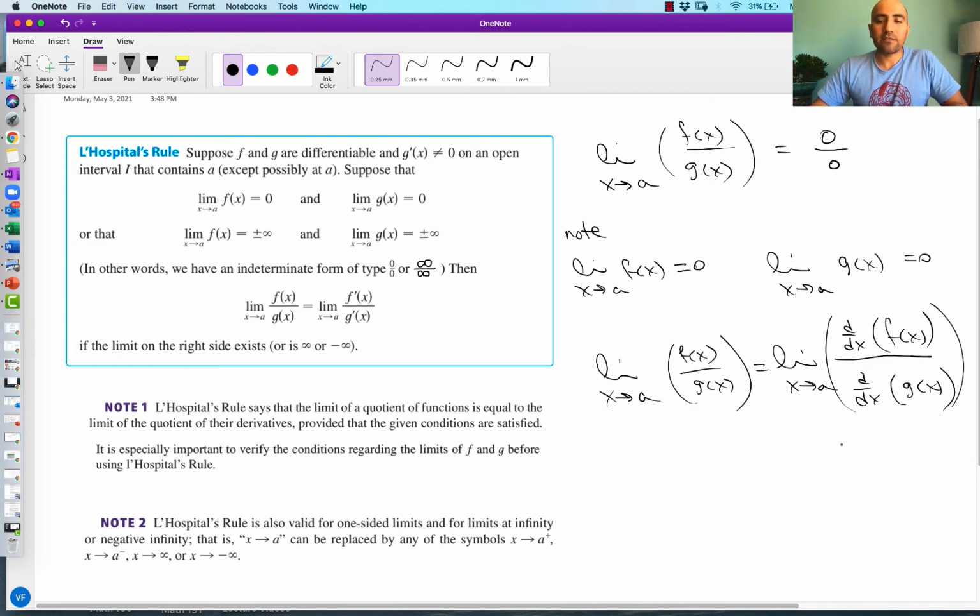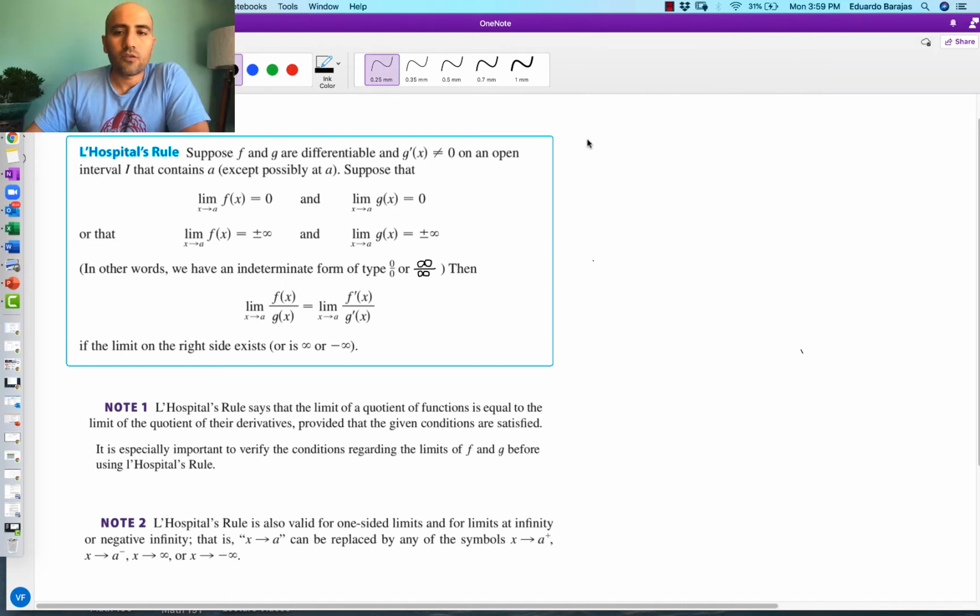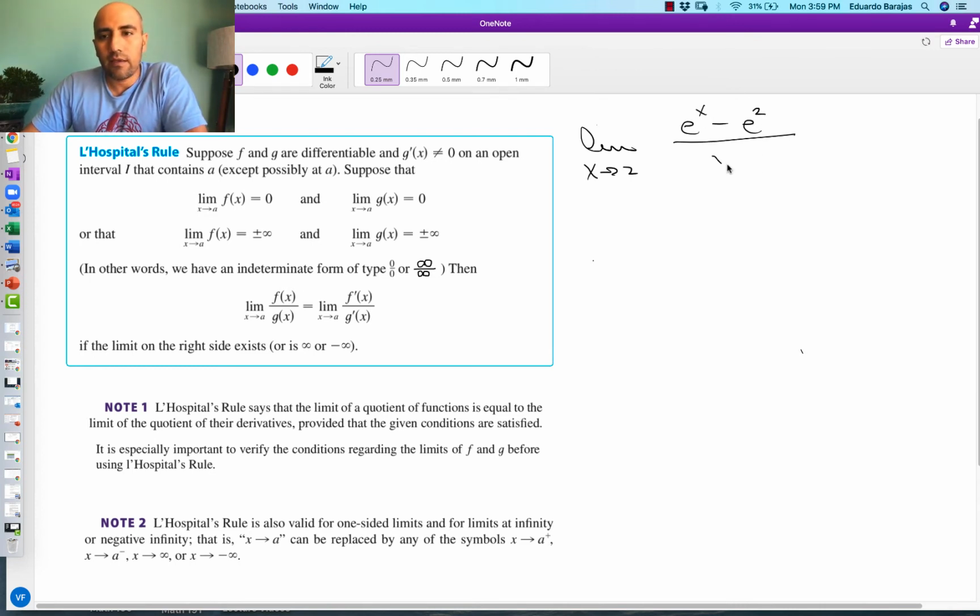Let's revisit the question I just had a minute ago. So I'm going to erase all of this. Just a minute ago, I wrote down this question: find the limit as x approaches 2 of e to the x minus e squared all over x minus 2. Well, that's ugly. I'm not really sure. But note that the limit as x approaches 2 of just the numerator, e to the x minus e to the second power,